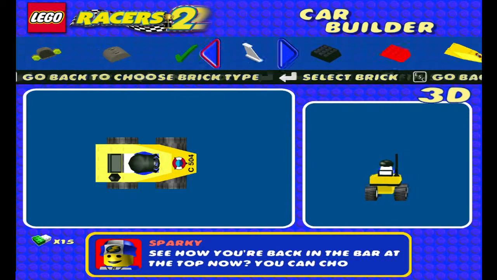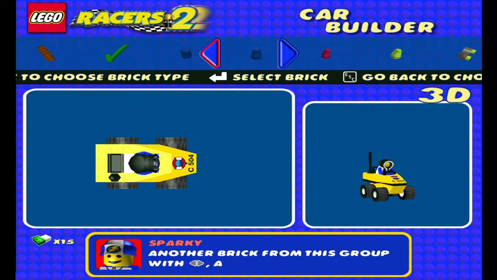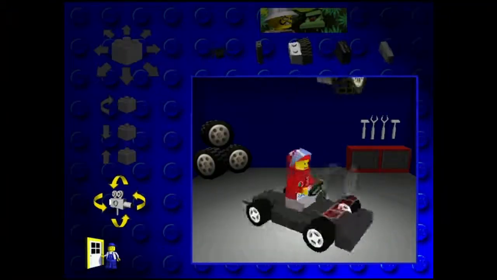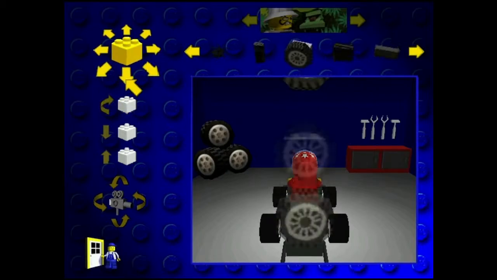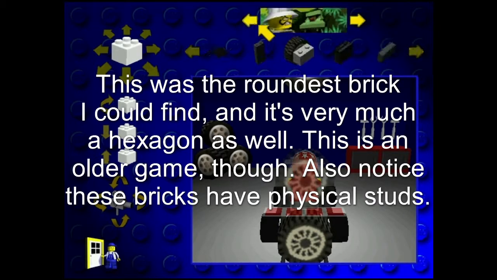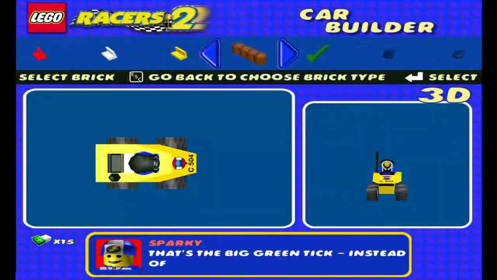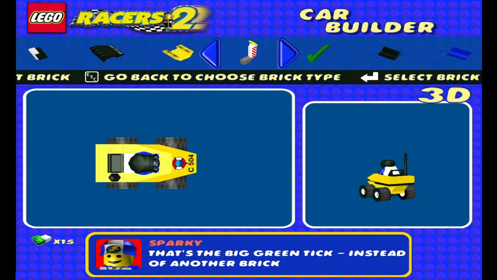The creative freedom seems to have gone. Instead, you've got a very lackluster set of pieces that are... I mean, look at that! It's a hexagon. That's not a sphere. Not a sphere. It's not supposed to be a sphere. It's a cylinder. That's... Yeah, Sparky at the bottom doesn't tell us how to take bricks up, which is useful. Cheers, man. Sparky being the guy who appears and tells you what to do all the time,